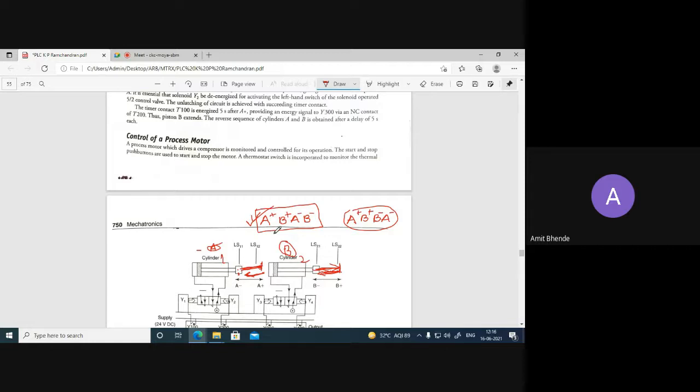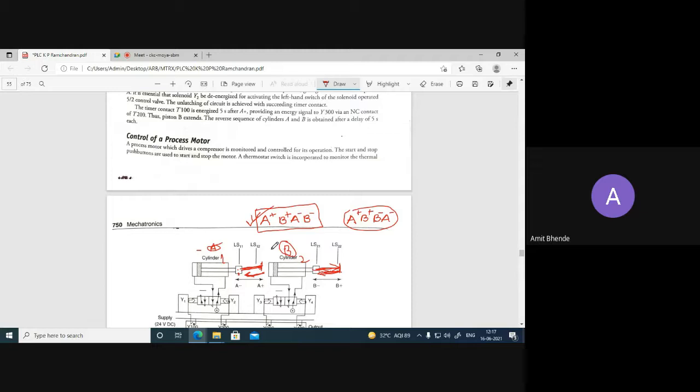Okay, this looks very easy, but in practical application, this is a very complex problem, because how to decide whether the extension of cylinder A is completed, how to decide the extension of B is completed, how to decide the retraction of A is completed, and how to decide the retraction of B is completed.